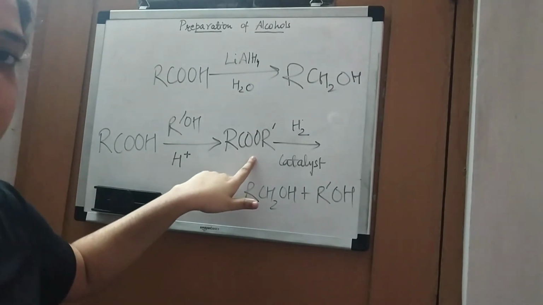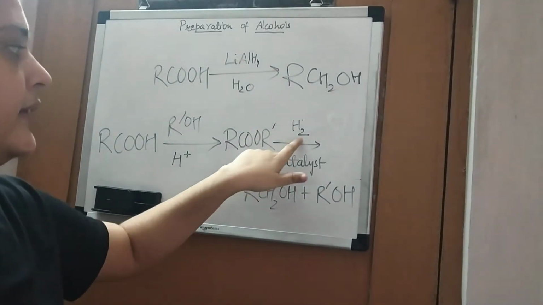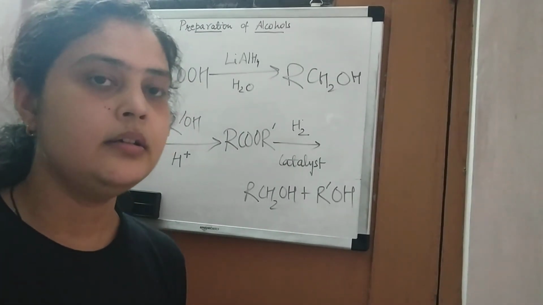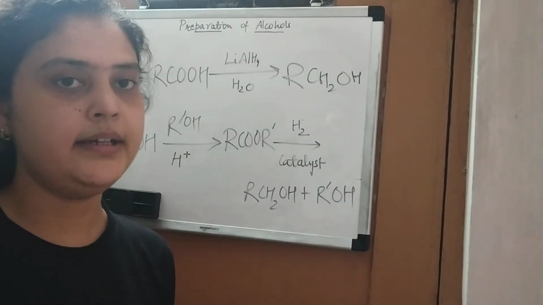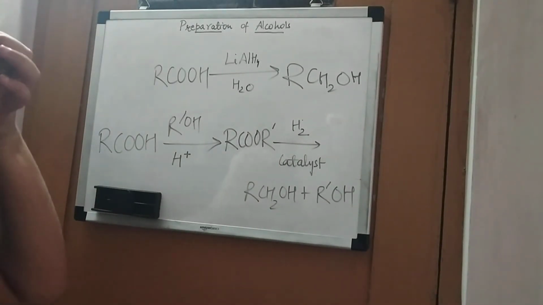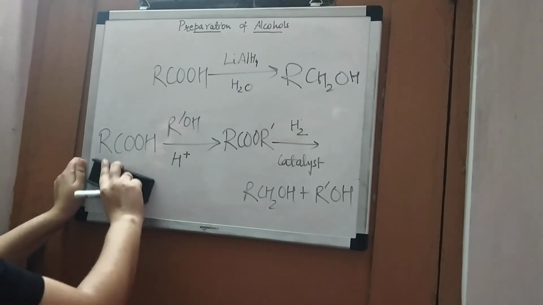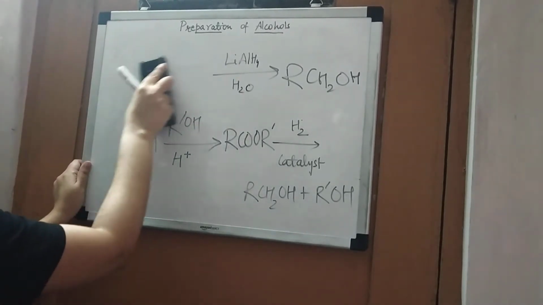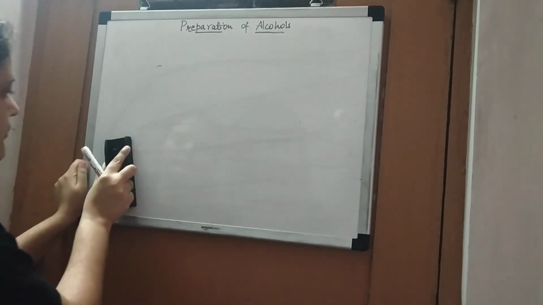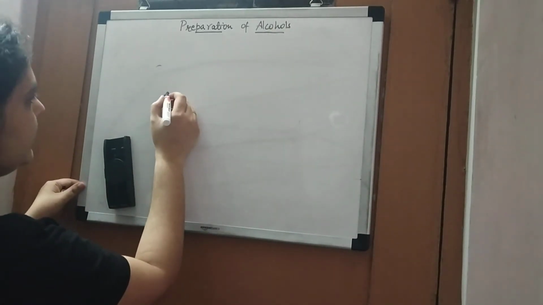So esters can be reduced by catalytic hydrogenation, as we studied in the case of aldehydes and ketones. So let us take an example. This was about the concept. Now let us take the example. For example, you are taking butanal,